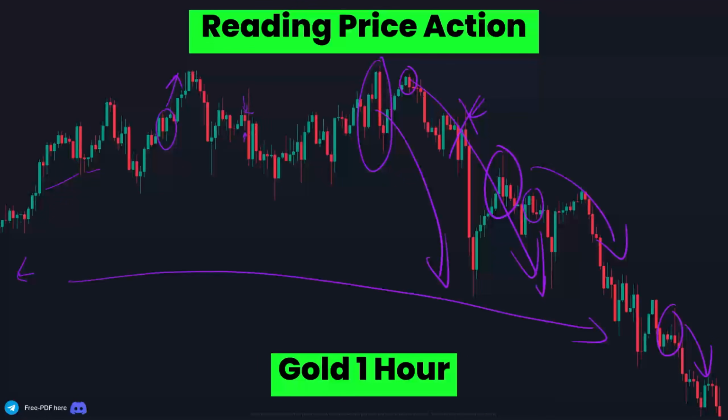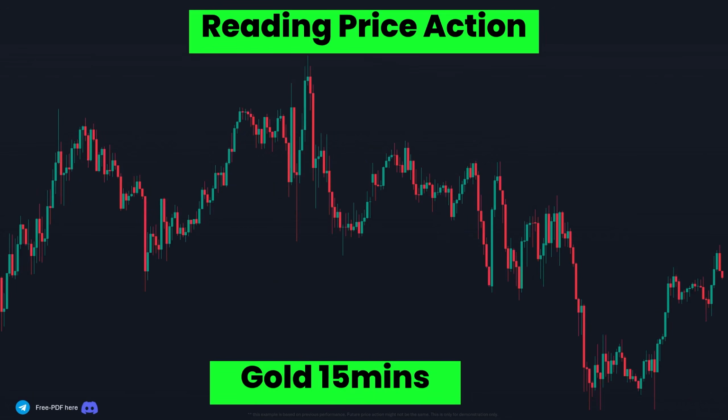Let's look at gold on the lower time frame. And now this is gold on the 15 minutes time frame. Even if we start to read the market from this area going to this side here, you will understand how price behaves. Let's start. We don't have anything from this low, and then we have something here. The market shot to the downside. If you are scalping, then this is good for you. Then let's look at price when it's shooting to the upside. We don't have anything. Even here, we don't have anything because price did not trade